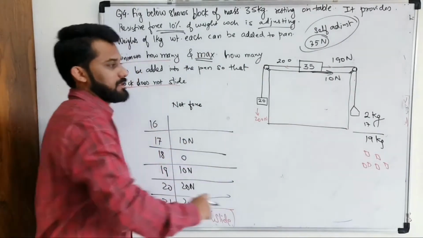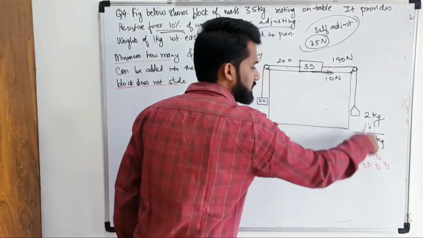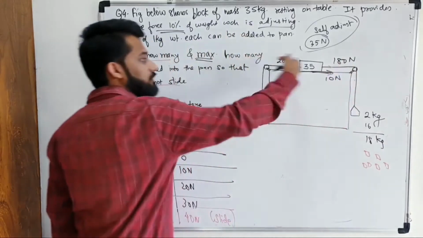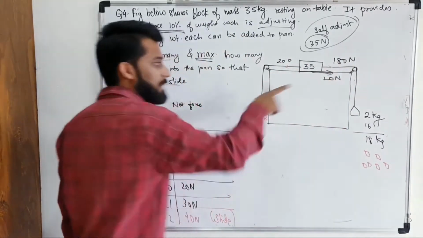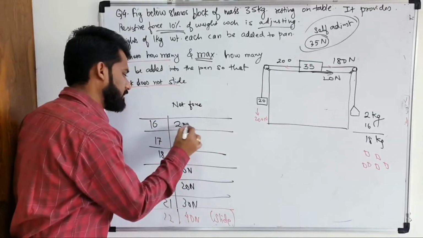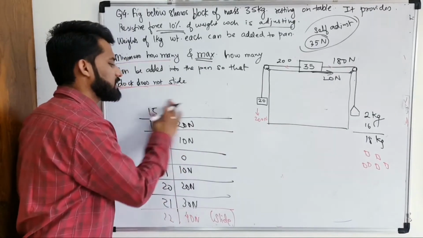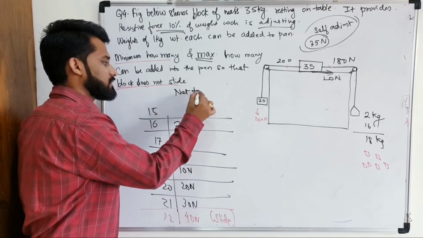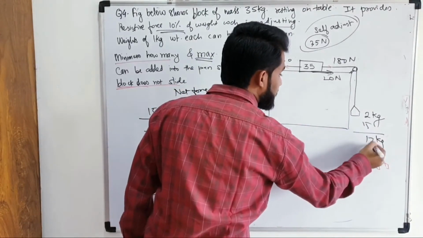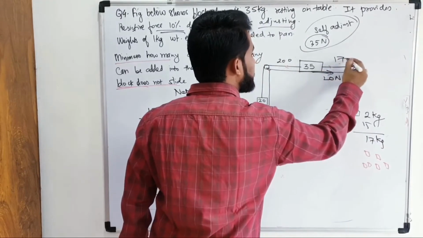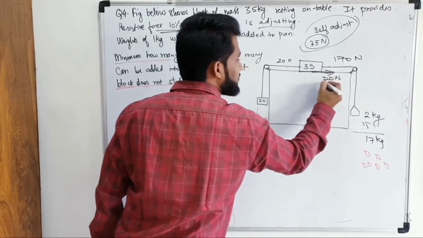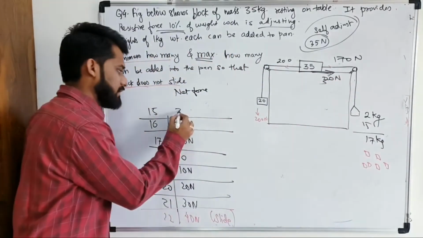16 किया तो if I make it 16 weights, this will become 18 kg, 180 Newton. 180 Newton मतलब net force of 20 Newton over here, which will get balanced by 20 of self adjusting. So 16 भी चलेगा 20 Newton. Similarly 15 will also work, because 15 weights अगर put किए तो 17 kg होता है, वो 17 kg is 170 Newton. 170 Newton में तो 200 इधर 170 इधर, so 30 self adjusting, which is fine because maximum